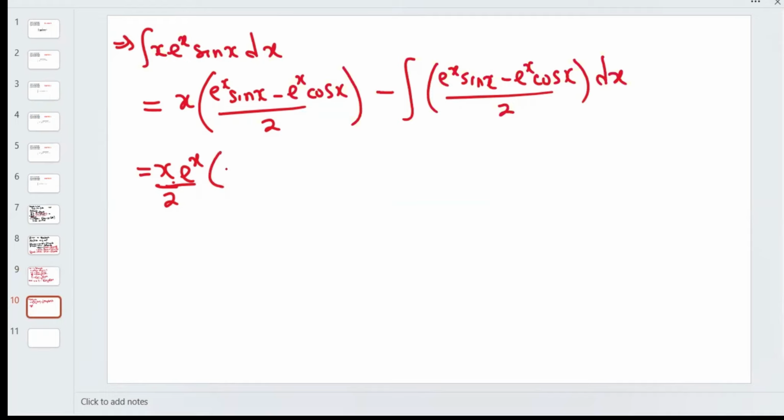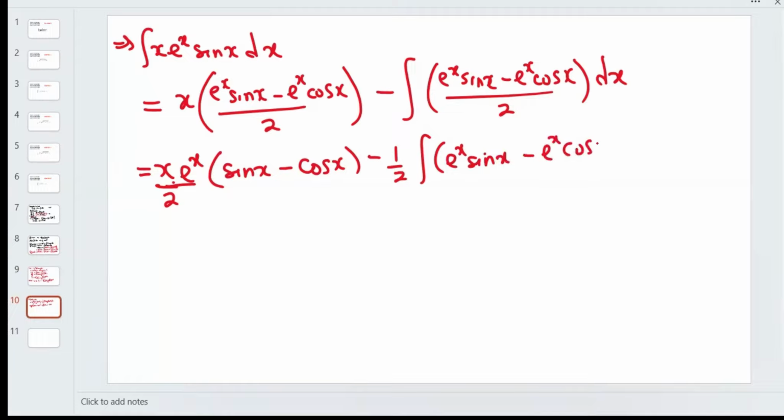So I'm going to be having sine x minus cos x. Then I can easily bring out the 2 at the denominator. Please do not bring out exponential x in this case because we are actually integrating with respect to x. That would be a disaster. So we have minus 1 over 2 integral of exponential x sine x minus exponential x cos x,